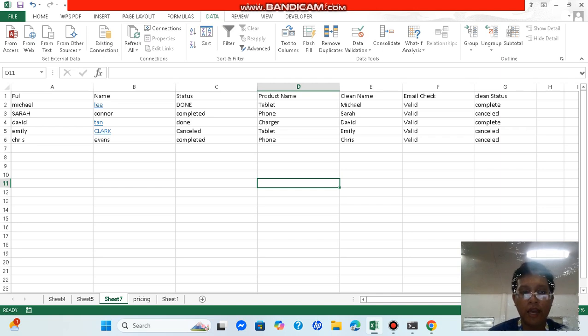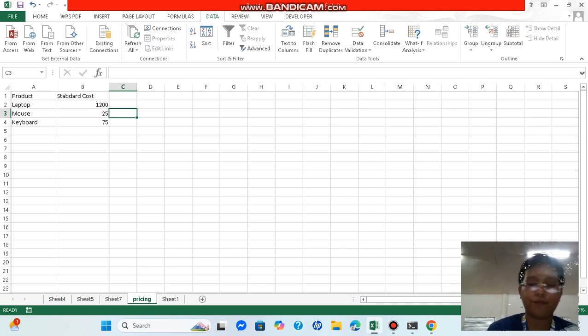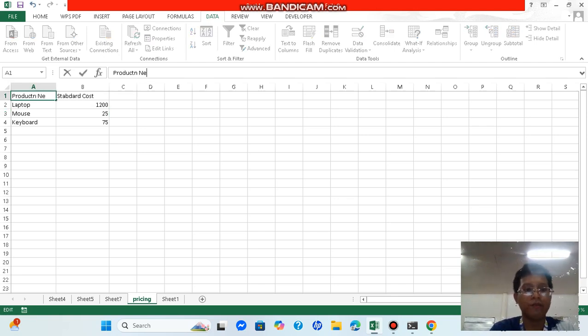Then connecting data, the VLOOKUP, then XLOOKUP. Create the pricing reference, create a brand new tab in the workbook. Pricing, set it like this one. So the product name, and the product cost, standard cost rather.